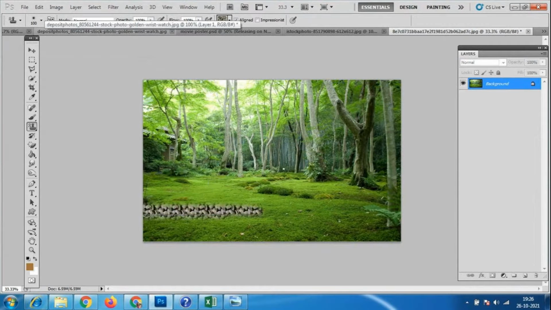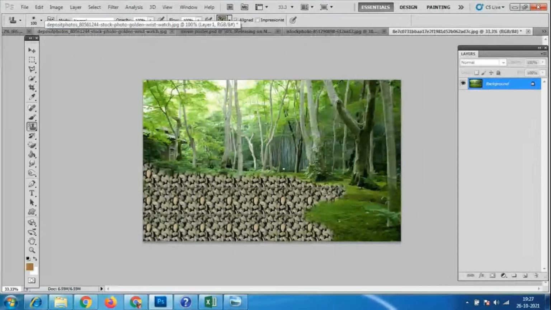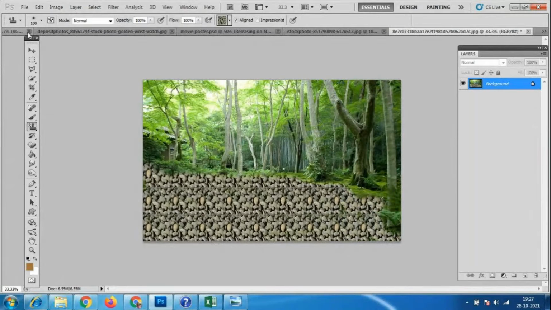And look, this is the stone pattern. Wherever the grass is, you can place stones over there. Different images can have different backgrounds placed.